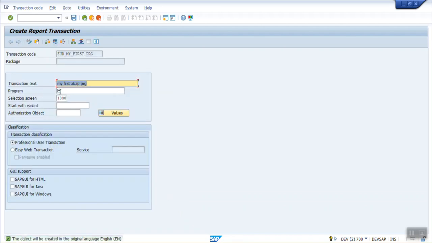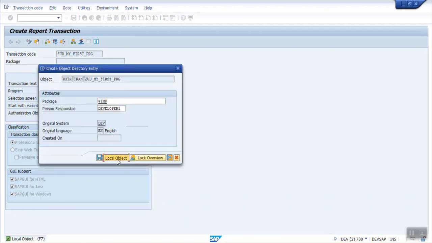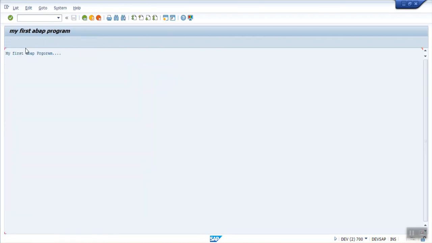Here enter the program name and select the last three checkboxes. No need to do any other setting here. Save, local object, check, and test. So you can see the same program is run by the T code.